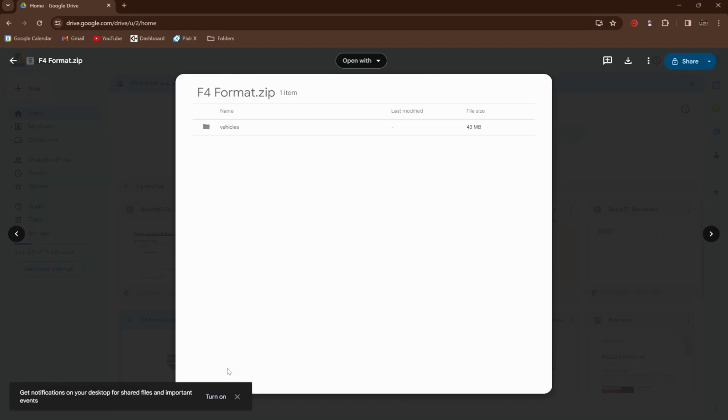When you're ready to go and start making one, I created a zip file which contains all of the basics that we will go through so you can understand the fundamentals on how to create a vehicle for Formula 4. And I will show you what programs you're going to need. So you're going to need one called